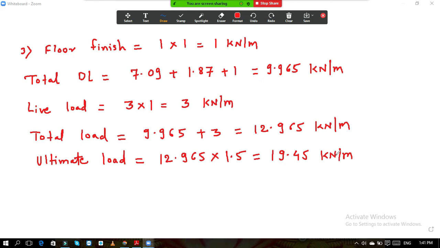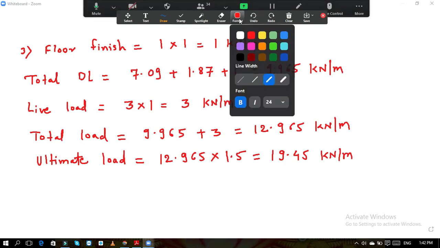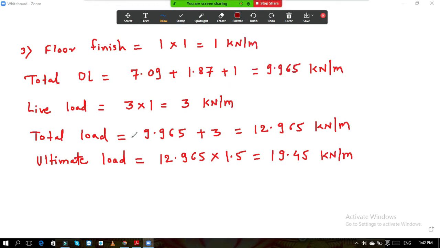Now this is the load. In this load we have considered the going length. So on this, the load of waist slab, which is inclined, then the weight of steps mounted on that, and after that the floor finish of the steps and live load coming on the steps. Those we have evaluated, and the total load we found out. Then the next thing is that we need to calculate the load on landing slab.